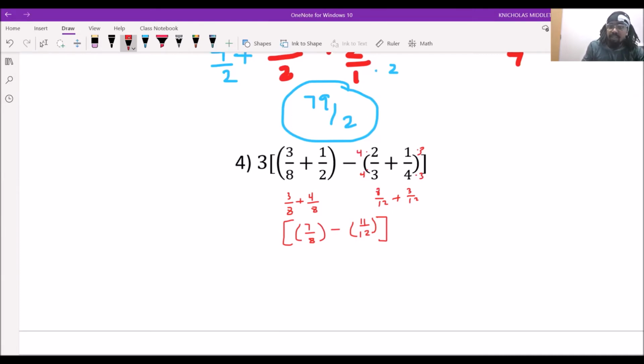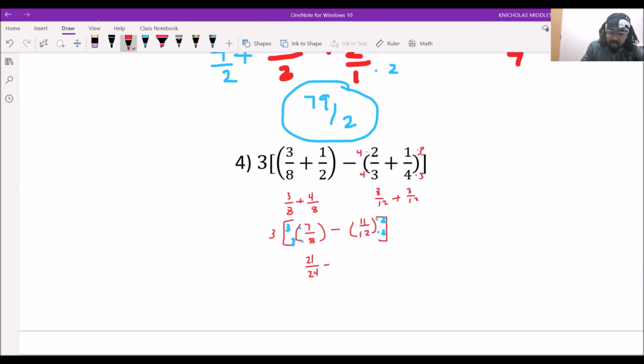But remember that we want to have the least common multiple. And so when I look at 8 and 12, the lowest number that they both can go to is 24. Okay, and so in order to get this to 24, I'm going to multiply this by 3, right? I can multiply this by 2. All right, so this 3 is still on the outside here. Okay, so as I go through and do that, that will give me 21/24